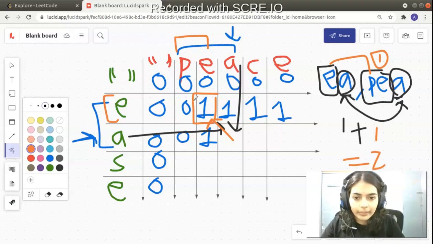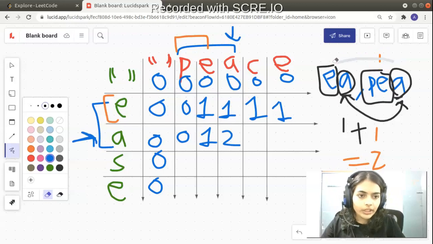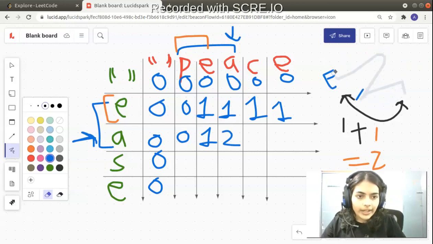By looking at the DP table, by looking at this box. Decrement one row, decrement one column, you get this box. You had one character in common, you added one more character, so 1 plus 1 is 2, so I can fill 2 here. It will be clearer as we take more examples, but for now we are filling 2. You can see that E and A both are common in this particular example.